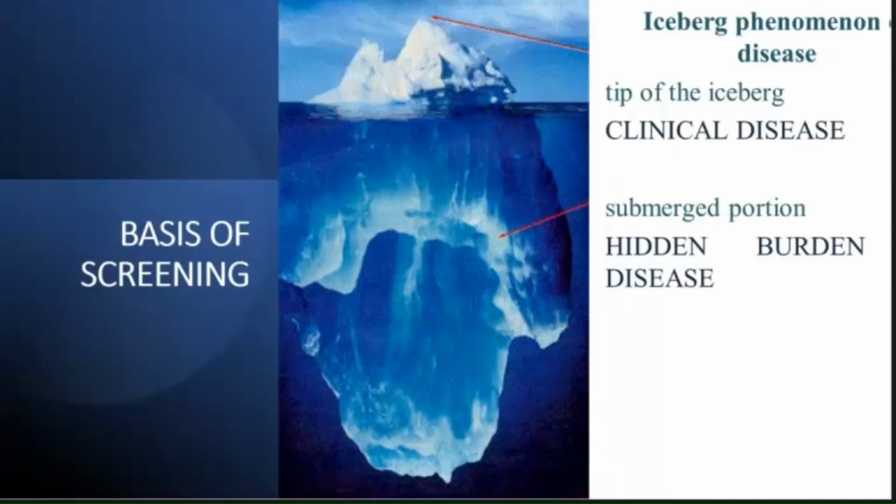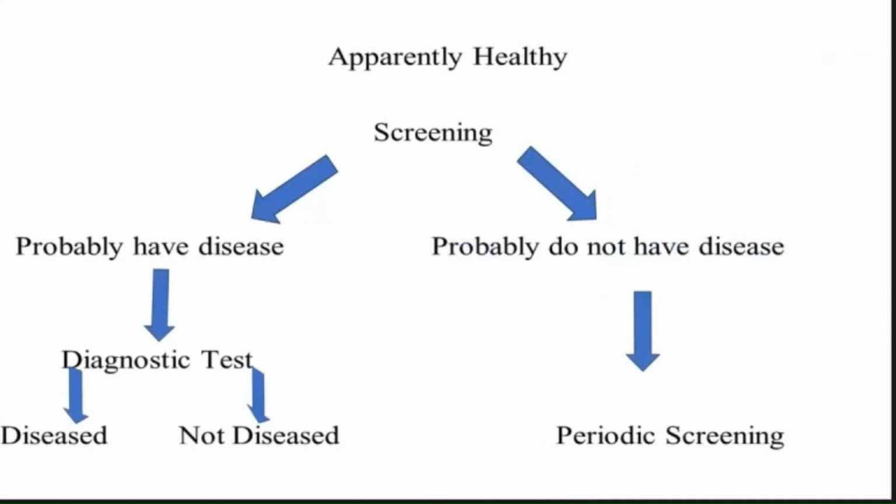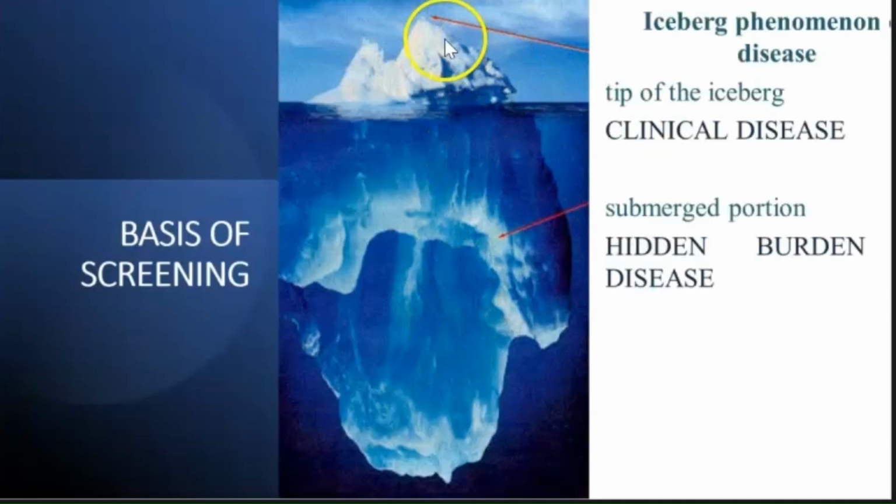So the concept of screening is based on the iceberg phenomenon of disease. So what is an iceberg? In an iceberg, only a small portion of the ice is visible, and the rest, a large portion, is submerged in water, which we cannot see. So the tip of this iceberg represents the clinical disease, and the submerged portion is the hidden burden of disease, which we can't see. So the cases we see in our hospital represent the tip of the iceberg, and